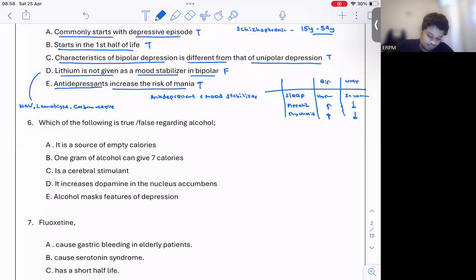Okay, this question. Which of the following is true or false regarding alcohol? Alcohol is a source of empty calories. What is meant by empty calories? So empty calories means it gives you energy without adequate nutrients. Right? So there are calories, but there are no adequate nutrients like no vitamins, no proteins, no minerals. But it contains some amount